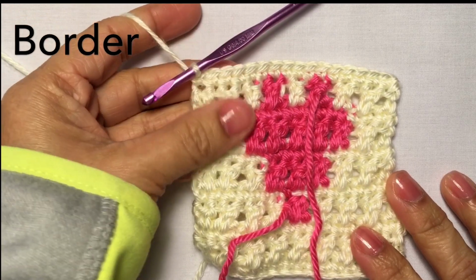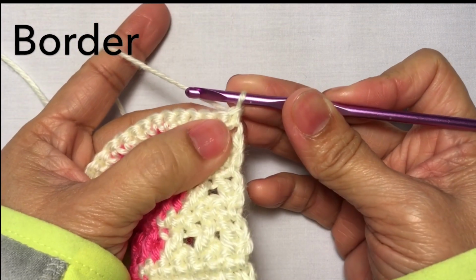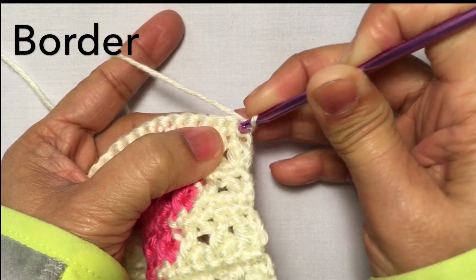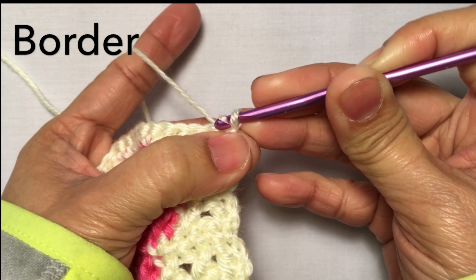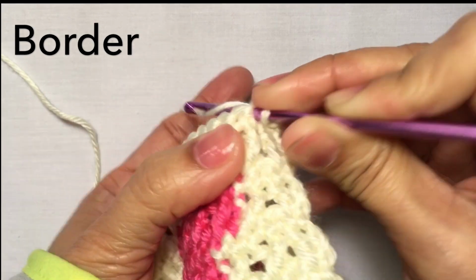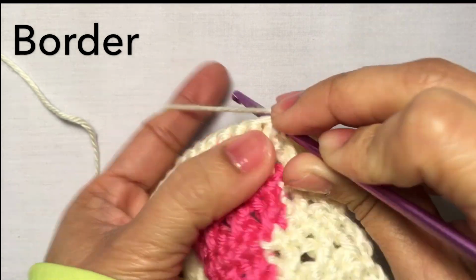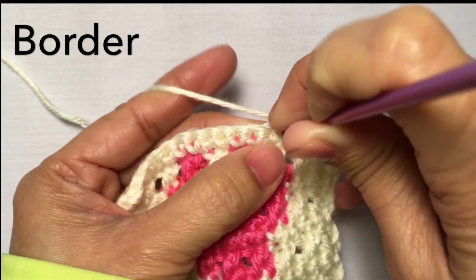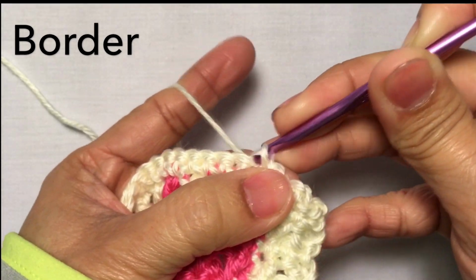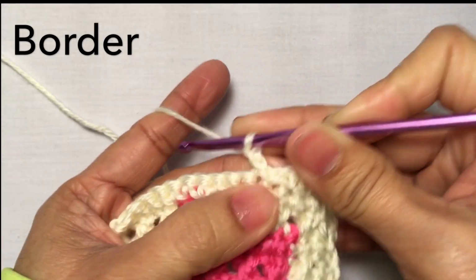Okay, so now for our border, turn your piece like this and slip stitch on the first stitch here. Slip stitch, slip stitch on the next stitch, chain 2, slip stitch, slip stitch, chain 2. So continue the pattern of slip stitch, chain 2,